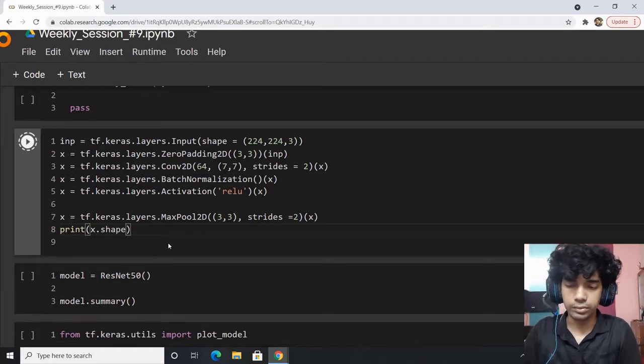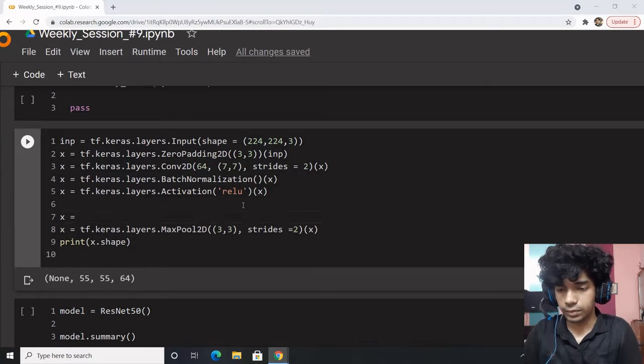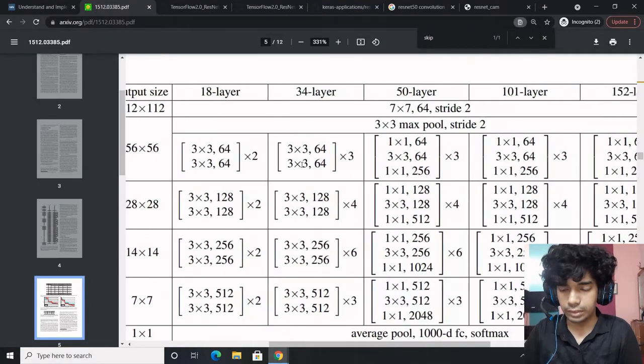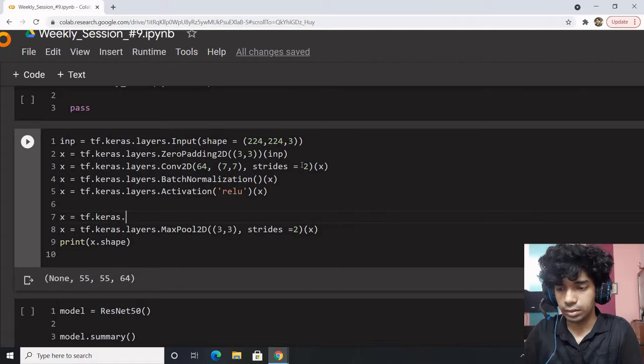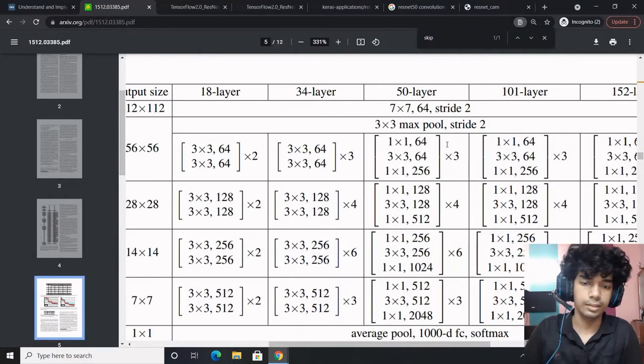Let's see if everything goes well or not. 55, 55, 64. Well, we wanted something else. We wanted 56, comma 56. We can have that. tf.keras.layers.ZeroPadding2D((1, 1)), x. Perfect. Now since we have this,